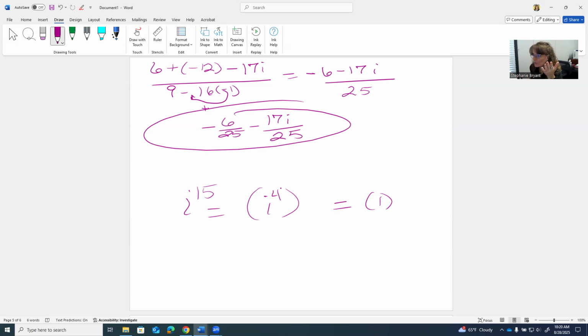4 times 3 is 12. So I'm going to raise it to the cube. However, 15 minus 12 means we need to tack on 3 more, so that's i cubed. So i to the fourth power is 1, cubed it is 1. And then I'm going to add on 3 more. i to the third power is negative i, so my